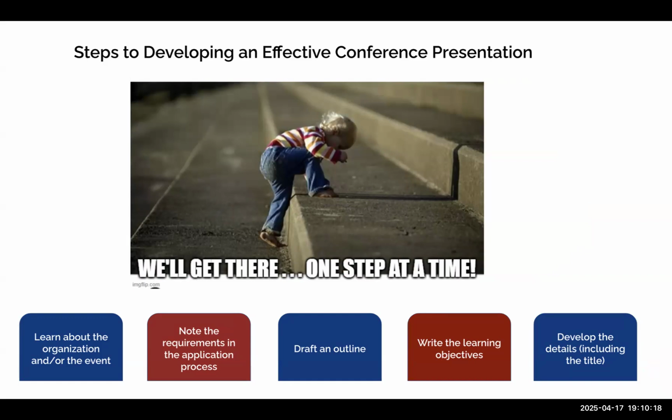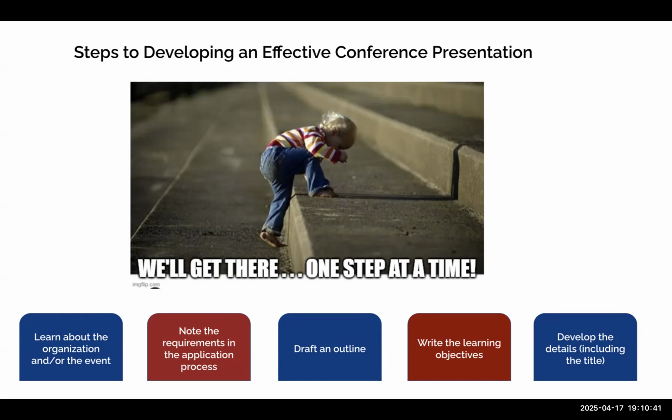And then draft an outline. And I mentioned when I was talking about the handout that I prepared for this session that was my outline, that was my working draft. I've heard that some people will start by opening a slide deck and starting to put things in slides. And that really, according to teaching literature, is backwards.